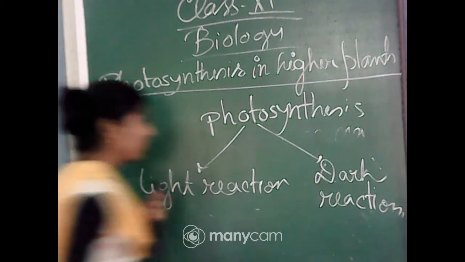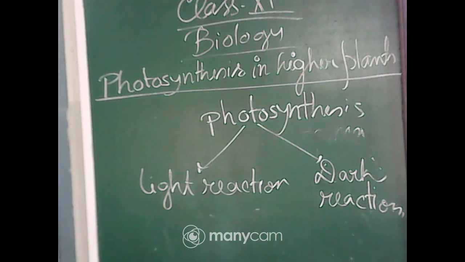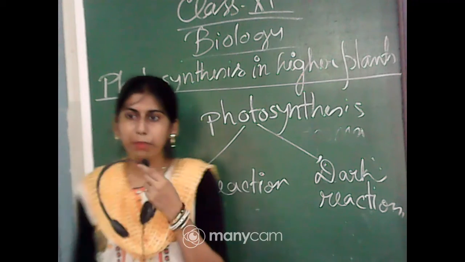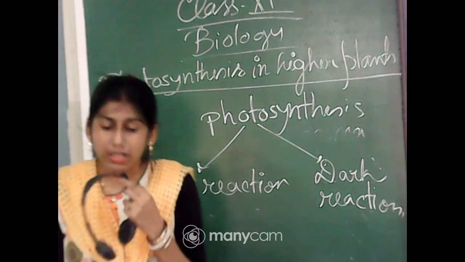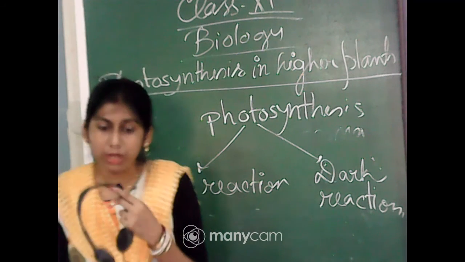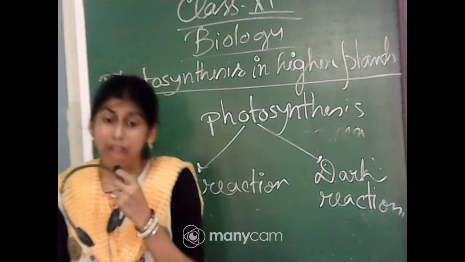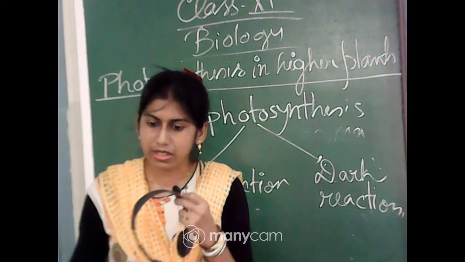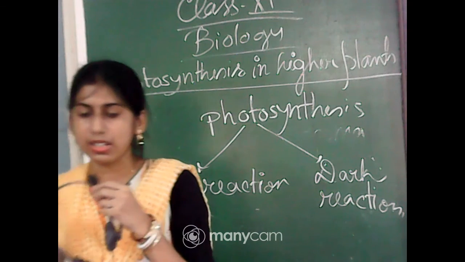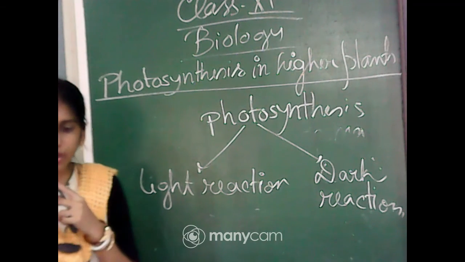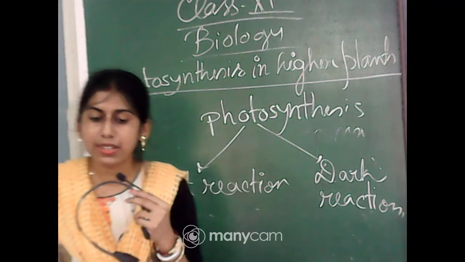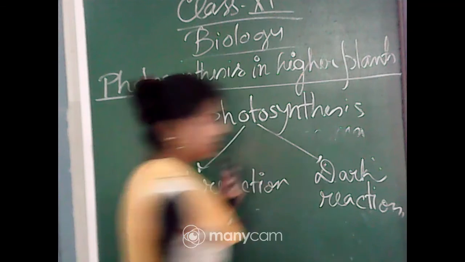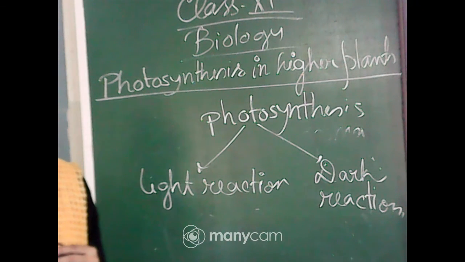In photosynthesis, two reactions can be found: the light reaction and the dark reaction, or more particularly, light dependent and light independent. Dark reaction doesn't mean that it will occur only in the dark. The actual term you can use is light independent reaction. That means in that particular reaction light is not mandatory. It can happen in the presence or absence of light. That's why the alternative name of the dark reaction is light independent reaction.